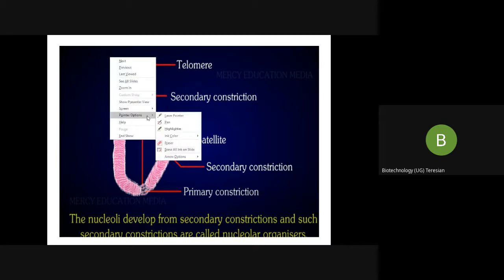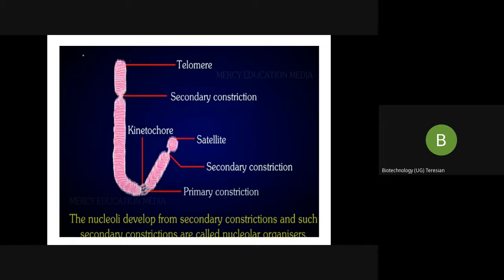Okay. It consists of T, T, A, G, G, and G. So this is repeated over at least 1,000 times. The sequence T, T, A, G, G, G. That is triple G at the end.